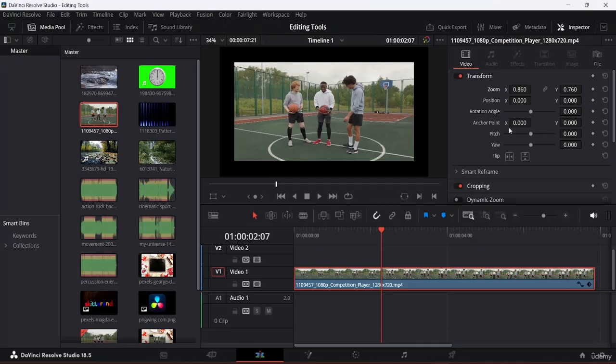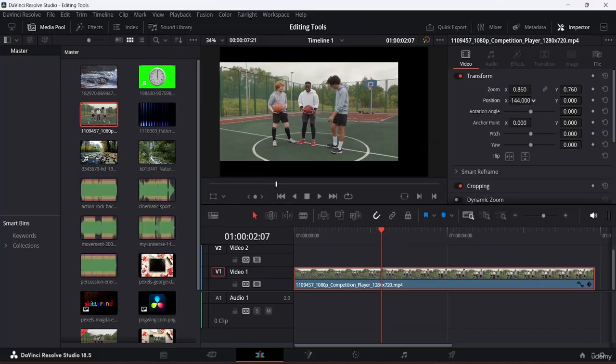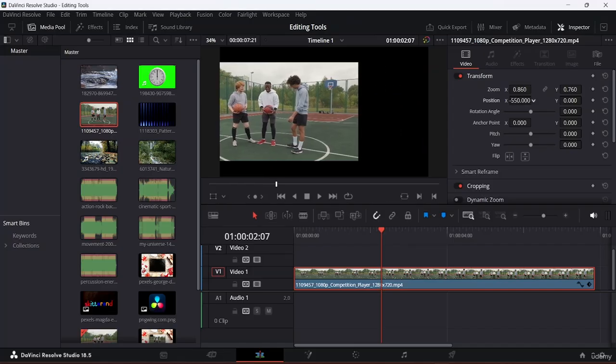Okay, and once you're done, what you can also do is position the frame accordingly. So you can come here and basically change the proportion the way you like. Okay, so let's say I want to change the x-axis, the position of the x-axis over here. So what I can do is come here, I can just place it over here to the left